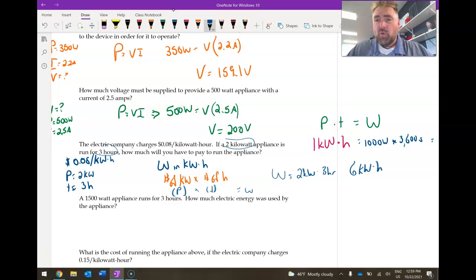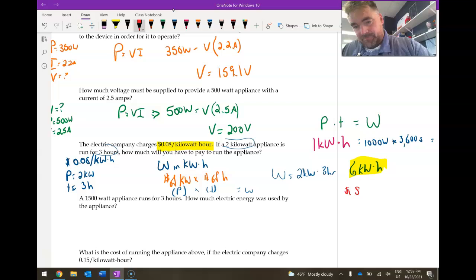Okay. So a 2 kilowatt appliance is pretty big. It's 2,000 watts. That's huge. But you can see 6 kilowatt hours is the amount of energy that we use. Now, if we know it's going to cost us 8 cents for every kilowatt hour, and we know that we have 6 kilowatt hours, to find the amount of money, you literally just put in, okay,